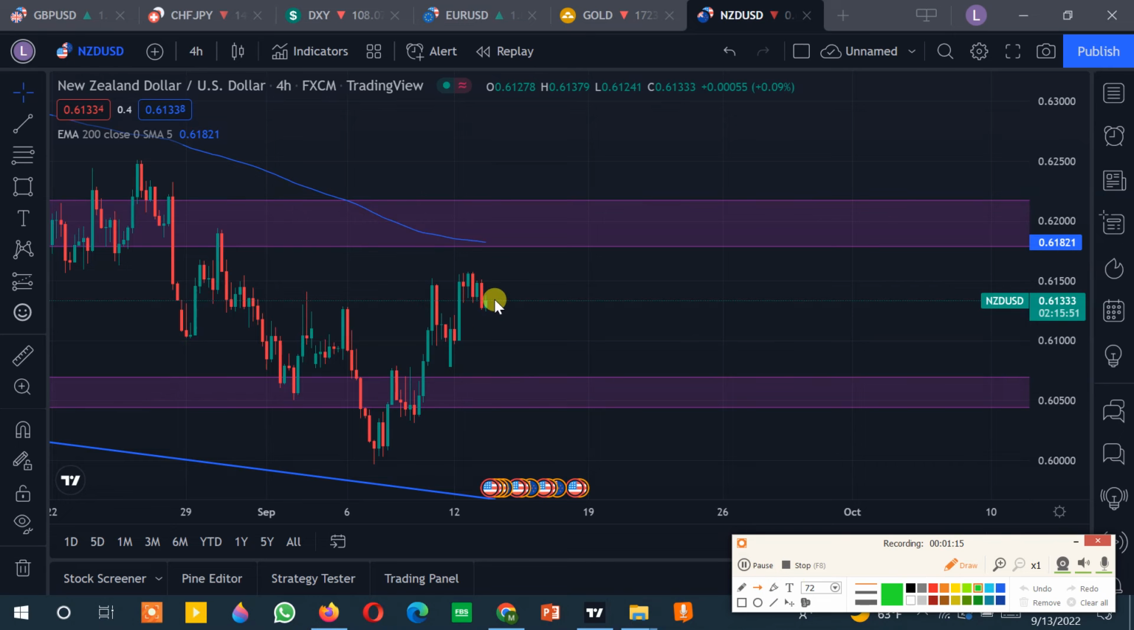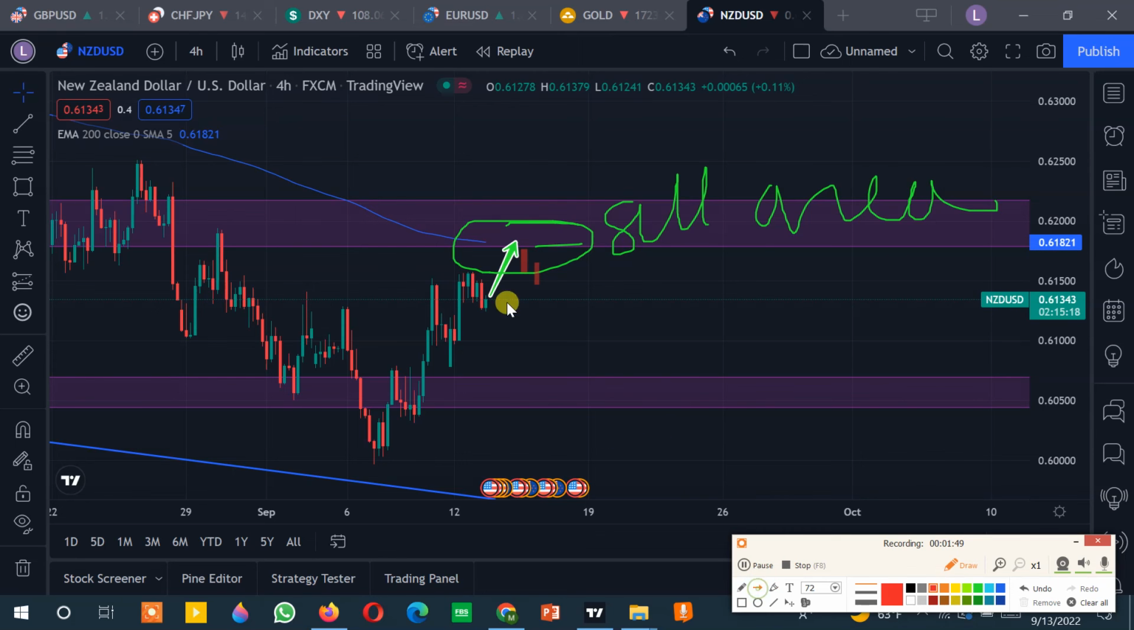Now we can expect the market to come to here. When the market comes here, it is our sell area, sell zone. From this sell area, we are waiting for this area. When the market goes to here and makes some bearish candle like this, bearish candle like this,